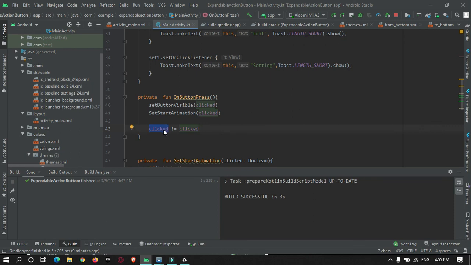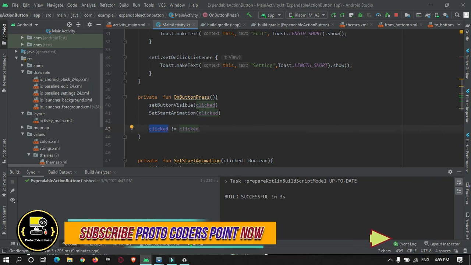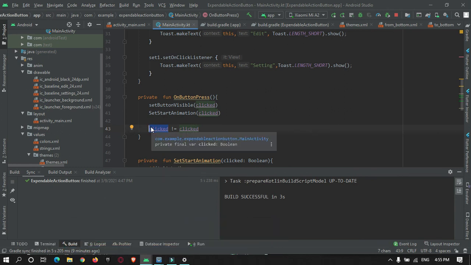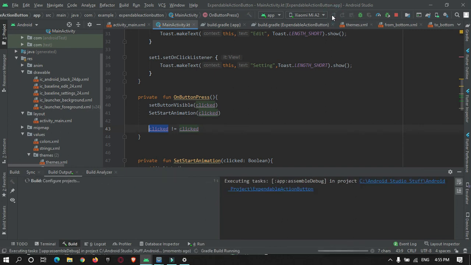If it was true and the user presses the button, it will be false. If it was false, then it will become true. Now I will check the app to see if it is working or not.